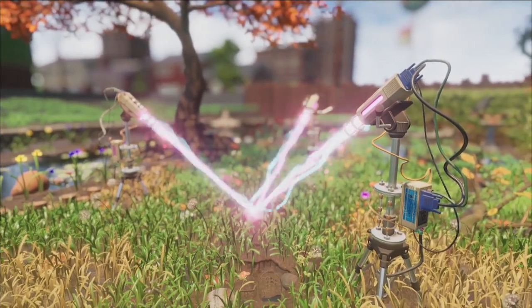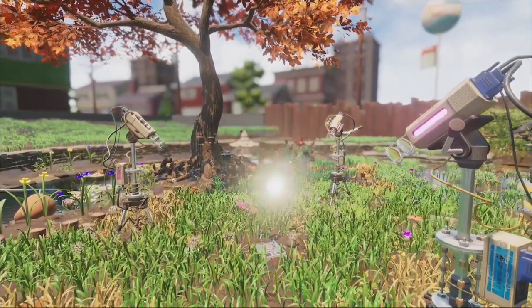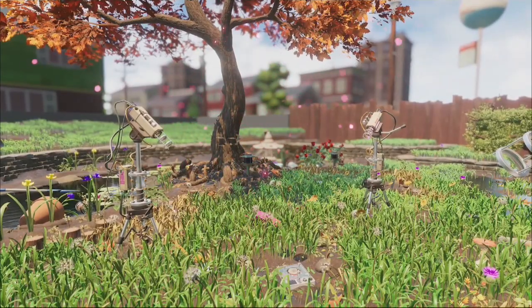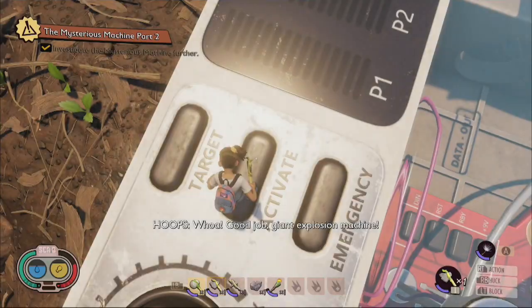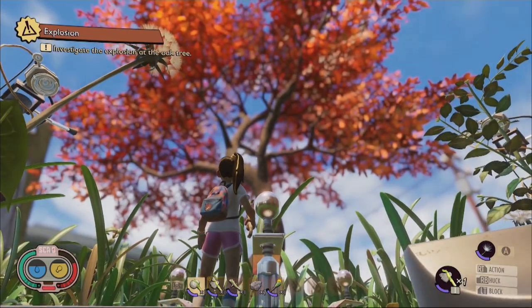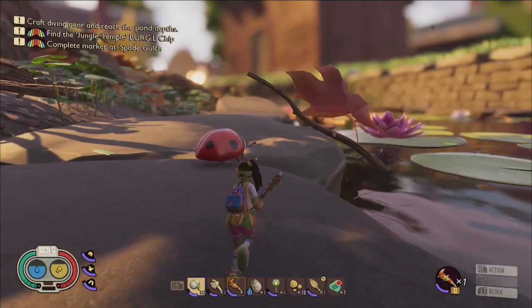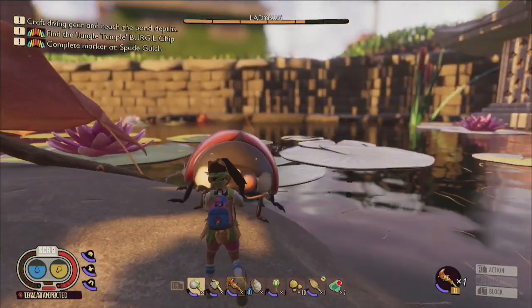Now, it has been said that this update, because there's been such a huge gap in between Shroom and Doom to now, when we were so used to getting monthly updates of small little add-on content that would sometimes make the game a little weird, because it would take a while to get things fixed. And so hopefully with these larger updates, there will be less issues per update and more content per update. Now, they said this is going to be the biggest one yet,